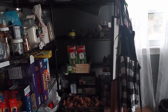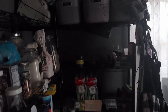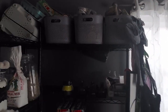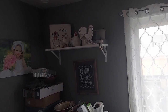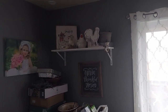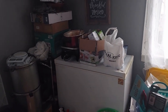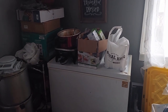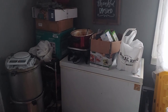organize some of the things that I was using constantly, like the baskets of lids and things. Actually, originally we started with that shelf over there, and I had those 3 gray baskets above there and a shelf, and then we brought in the extra freezer to have one up here instead of downstairs, and the small rack,